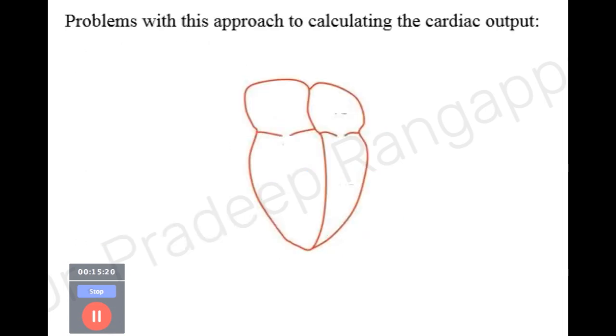So what are the problems one would face while doing this thermodilution technique to calculate cardiac output? There are a lot of fallacies, because it may not be a true representative of cardiac output, because there can be difference in the cardiac output of the left ventricle when compared to the right ventricle. So it may not necessarily indicate the overall cardiac output, it may not really tell you which part of the ventricle is more affected. And this may be fallacious when there is a huge regurgitant lesion like tricuspid regurgitation, and there may be variability between the stroke volume and the pulse pressure variation.